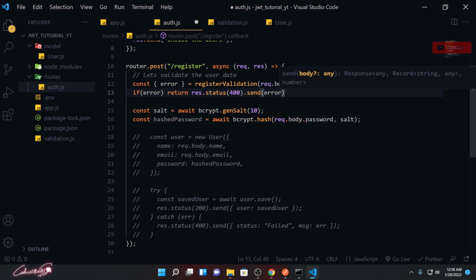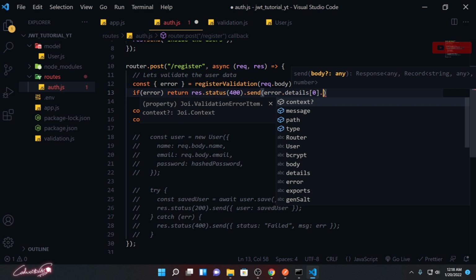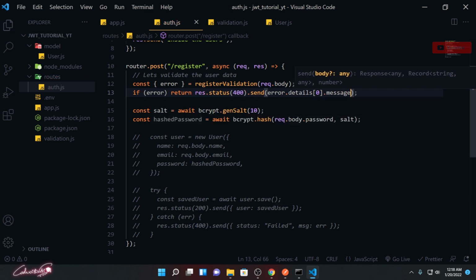So error.details[0], that means the zeroth array element. In that we have the message, send that message. So this will check if there is any error. If there is any error, it will return from this function, so nothing will happen after this.